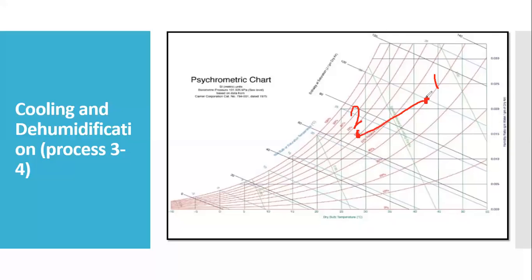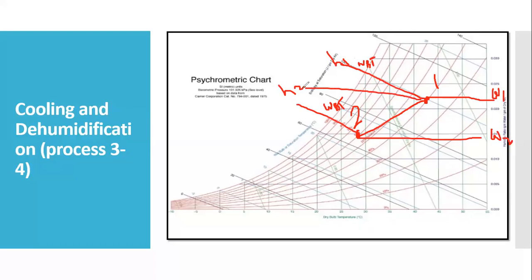If this is enthalpy, if you go over here, this is H1 enthalpy, and if you go above here, H2. Here you can find out WBT, wet bulb temperature at second point, and this is wet bulb temperature, right? Here you can find out specific humidity W1. Here you can find out specific humidity W2. If you go further above horizontally over here, you can find out vapor pressure 1, vapor pressure 2. So this is the theory.